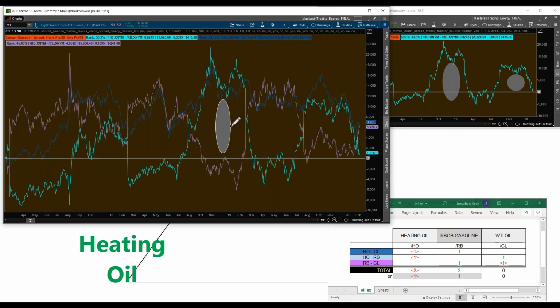Okay, does everyone understand this though? Half and half. It's tough. So I'm just showing you how you could take advantage of this kind of relationship. And when this breaks apart, it's a really high probability trade. It's an absolutely high probability trade, but not only is this a high probability trade,